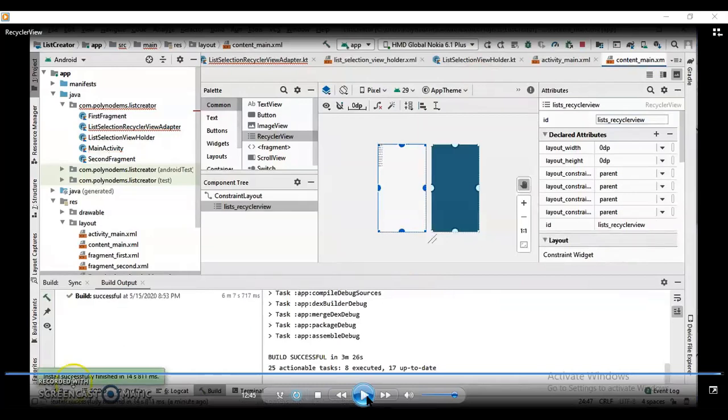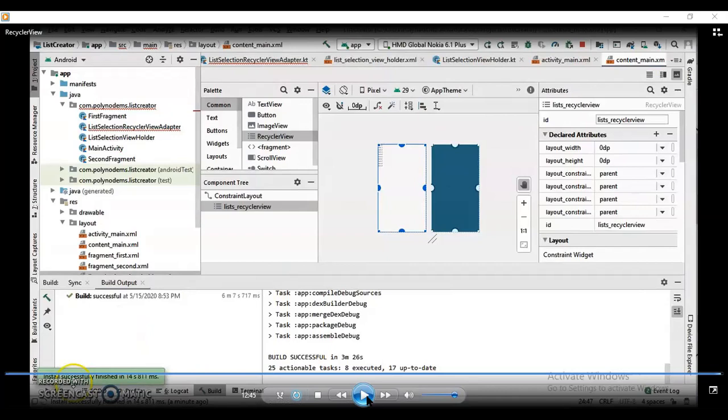So in today's session, what we have seen is how to add recycler view, how to add adapter, and how to add view holders, and how to pass those items. Your recycler view initially sends a request to the adapter for the items which are to be displayed inside the recycler view.